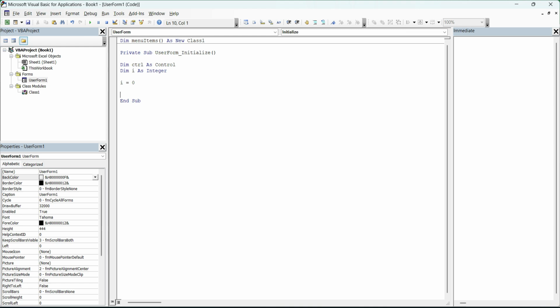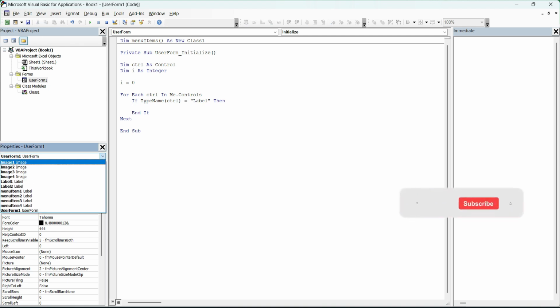This loop is going to help us to find all the controls on the form, and we are just going to put an If condition where we want to find only the labels, with the name initial as menu item. Okay, so let's start. If TypeName of control equal to Label, then, and End If. In between this we are going to put our code, but as you know